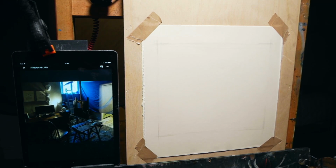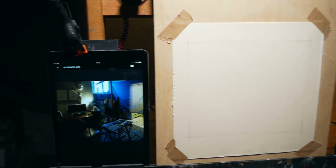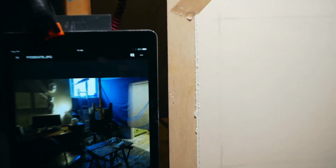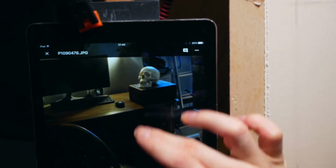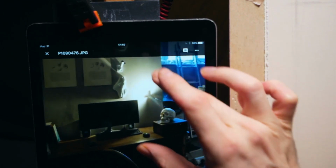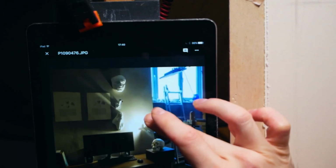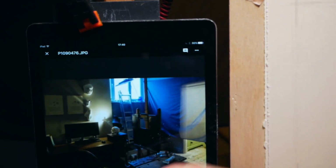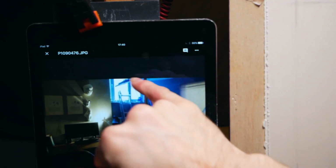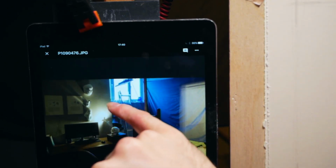So I've got a lot of stuff going on in this reference. I'll swivel across, zoom in a bit so you guys can see all the different elements. So we've got this chair in the foreground, computer, some paper, some casts up there, that skull, a ladder in the background that's quite bright. So I'm going to have to be trying to balance all of these different elements and all these different tones. So for instance, this is going to be the white of the paper at the back there,